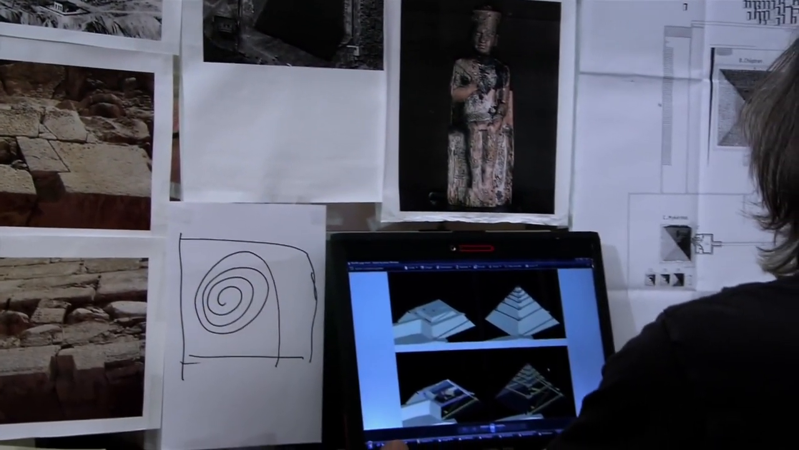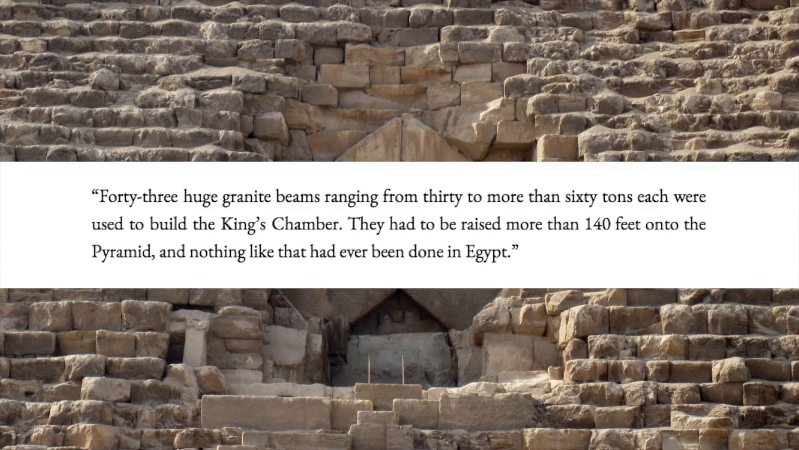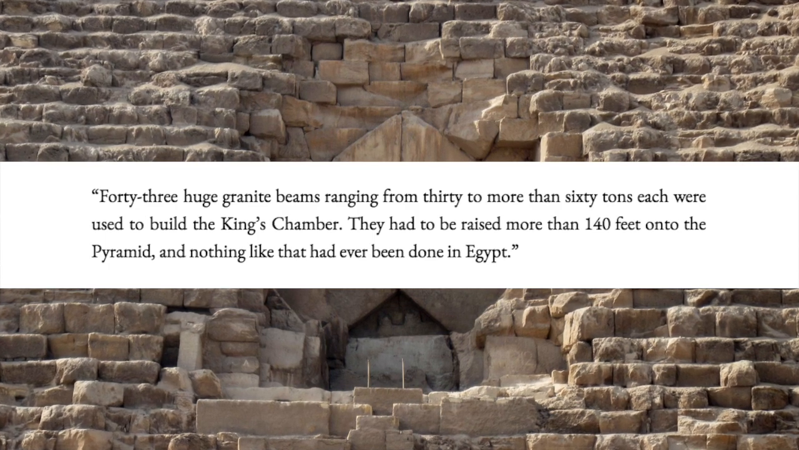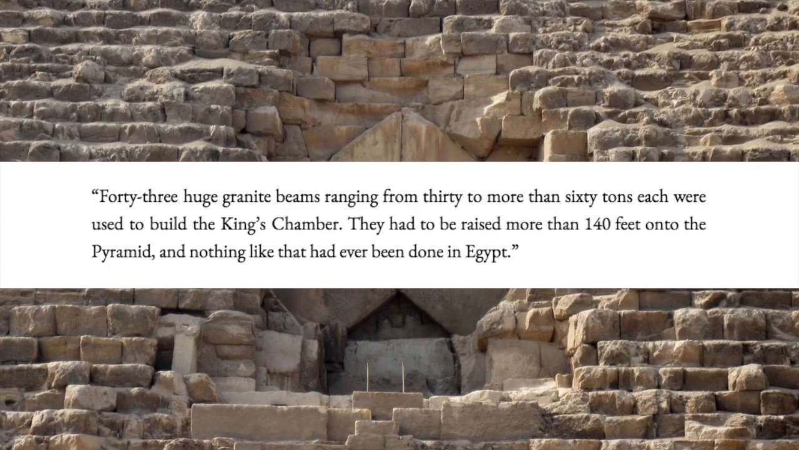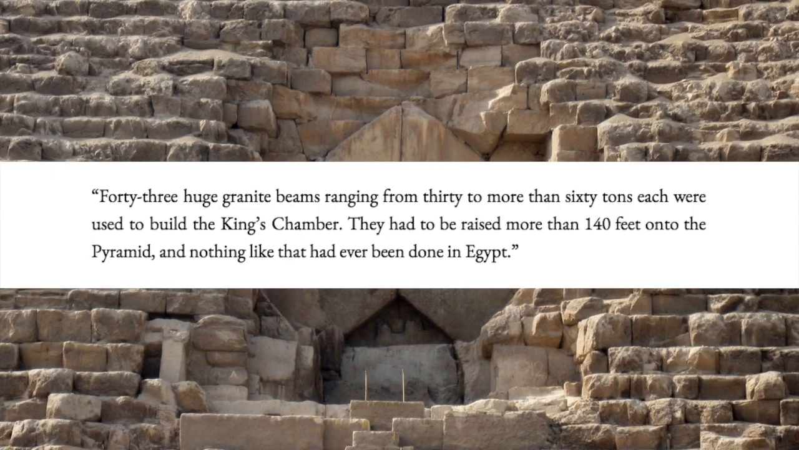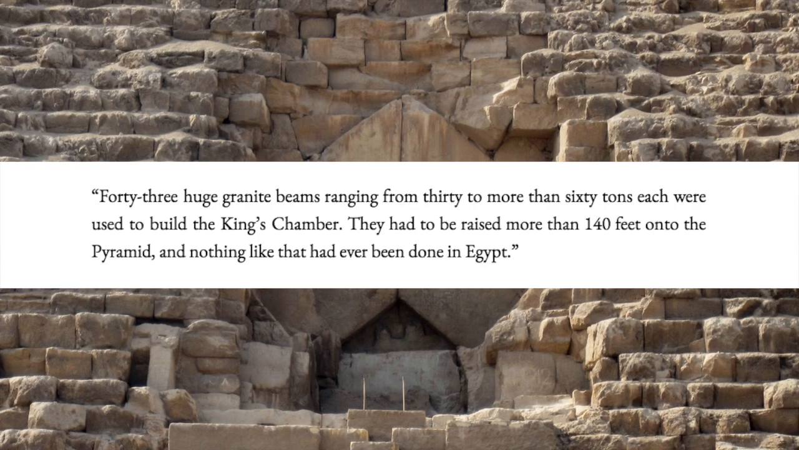a utilitarian function. Look further up the structure, as we just described, to the so-called burial chamber of the king, constructed from, as Brier clarifies, "43 huge granite beams, ranging from 30 to more than 60 tons each, were used to build the king's chamber. They had to be raised more than 140 feet onto the pyramid, and nothing like it had ever been done